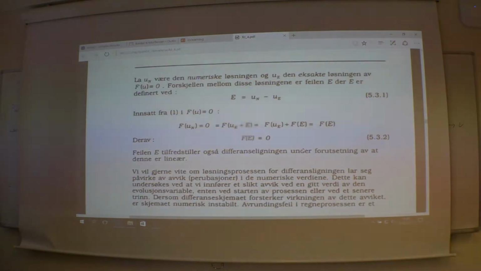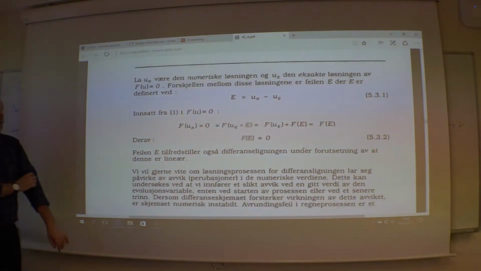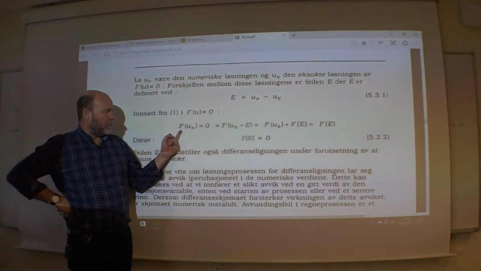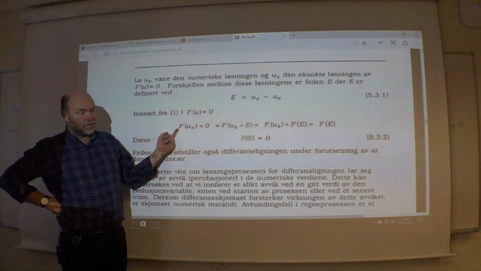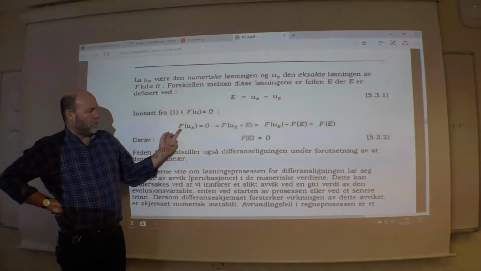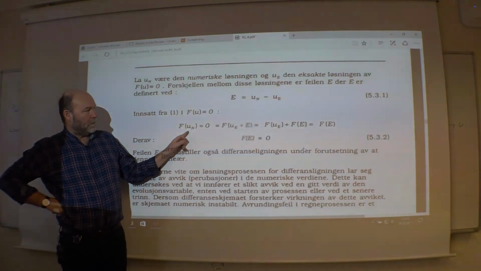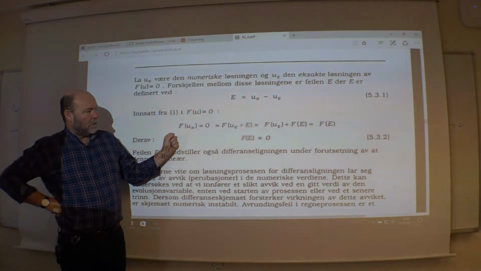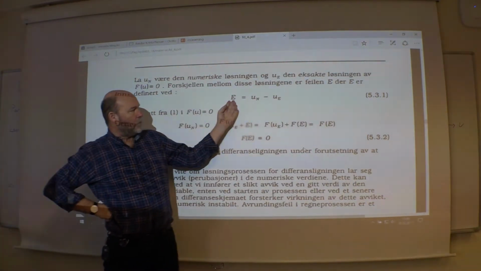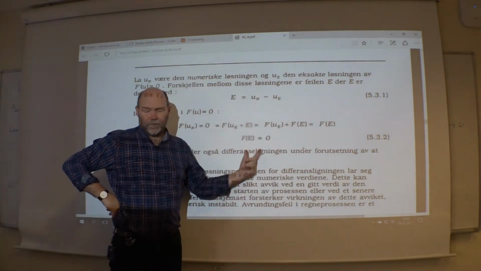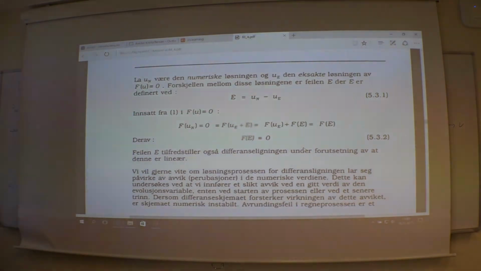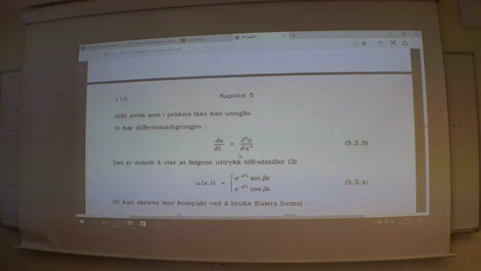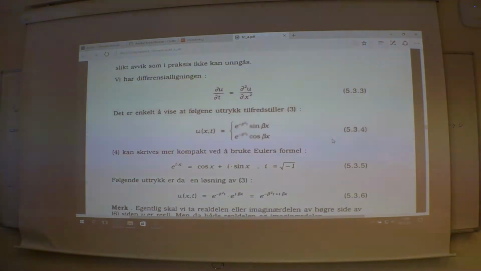And then if you insert it, you'll find that your operator, your equation system, will of course be fulfilled if you have the exact solution. But inserting here, you can rewrite it and find that the error itself actually also fulfills your equation system, as long as it is linear. So, as an example,